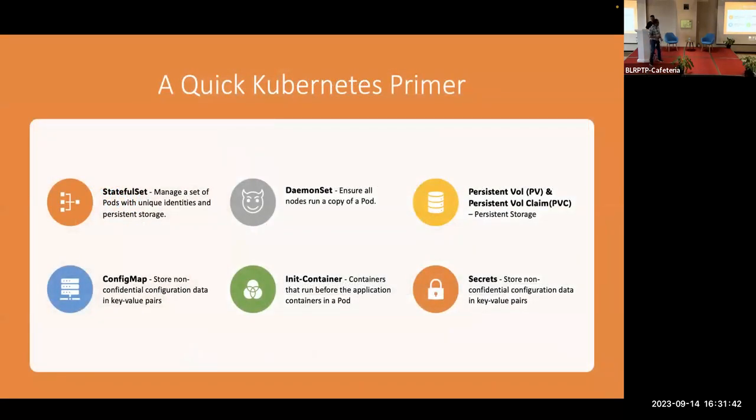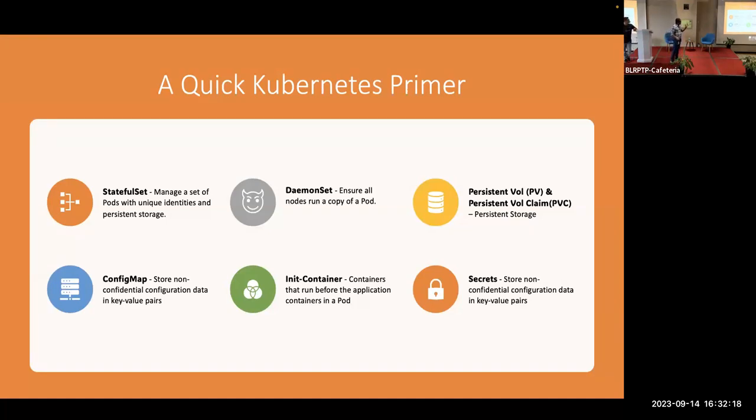Okay, fine. So before we go into how we deployed Druid on Kubernetes, these are some of the important actors in that movie, and I would like to give an introduction about them. The first is the stateful set. Some of the folks who already have some information about Kubernetes know the deployments. The basic difference between deployments and stateful sets is that a stateful set always has persistent storage, and it has a unique identifier attached to it.